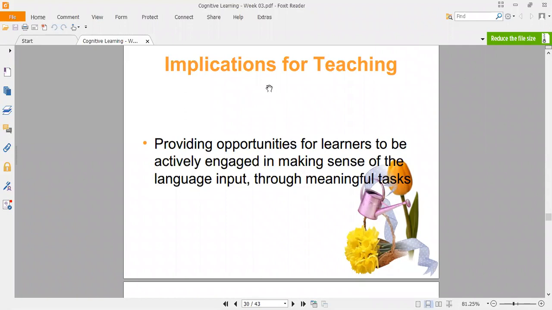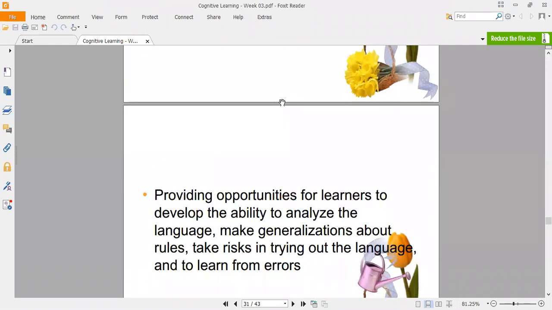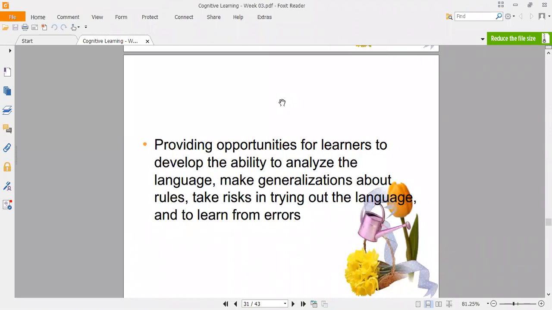That means like in the New Year time, you are acting as a trader. So shout loudly, right? Meaningful task. If you want to be a king, this is how you need to speak. Yes. Okay. And providing opportunity to learners to develop ability to analyze the language, generalize about the rules,